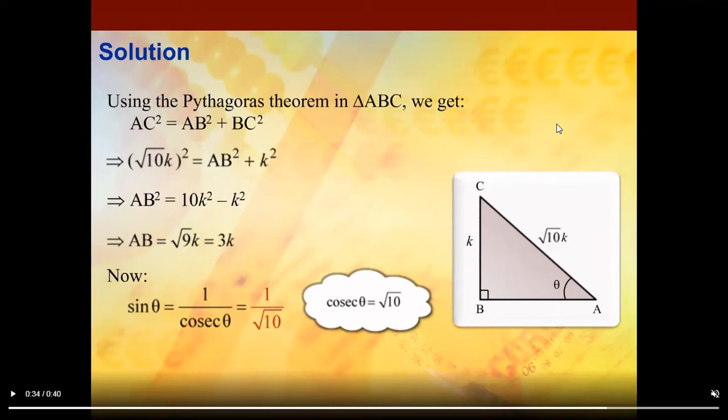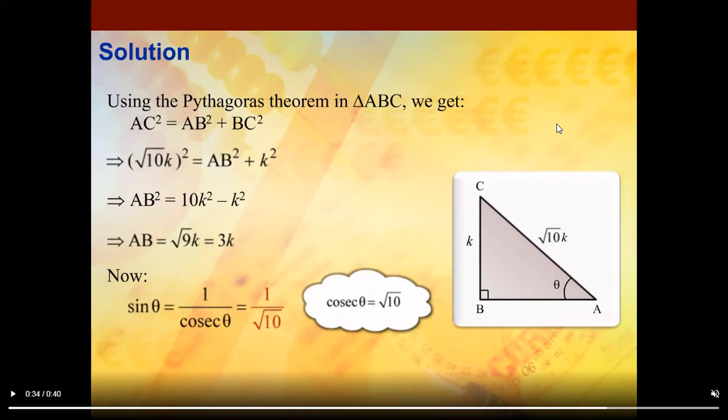Now, sine theta is equal to nothing but 1 upon cosecant theta, which we have already learned in my video session 1. So those who have not gone through my first session, go back to the first session and learn the trigonometric ratios, so that you can understand this session 2 while solving the problem. So here sine theta is the reciprocal of cosecant theta.